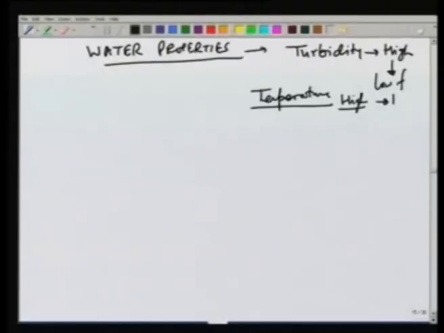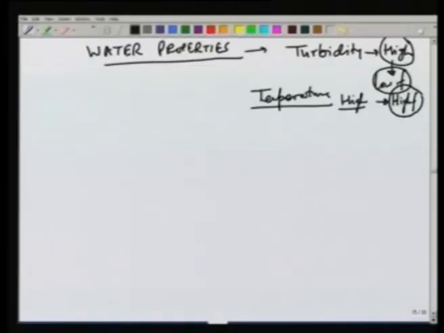So, it will cause high F. So, turbidity, we have seen high turbidity means a smaller infiltration, higher temperature will mean lower viscosity and therefore, higher infiltration. So, these are the soil and water properties which affect infiltration, but in addition to these, there are some other,